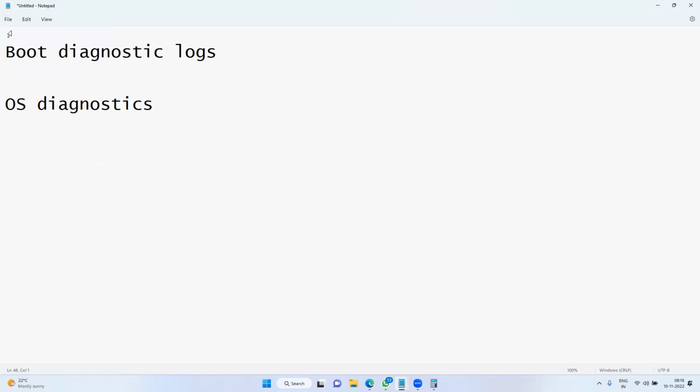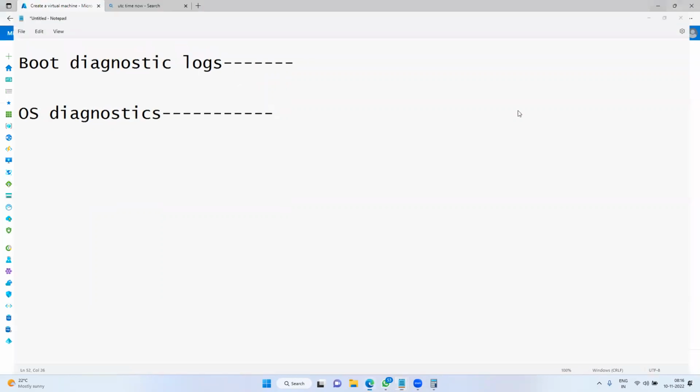If you take your laptop into a service center, people say booting the system means they are checking your hardware. OS diagnostics means OS related issues. If there are any booting issues, those logs would be generated in boot diagnostics. If it is OS related, that will be stored in OS diagnostics. If there were any issues related to the OS, we can go and verify in OS diagnostics.